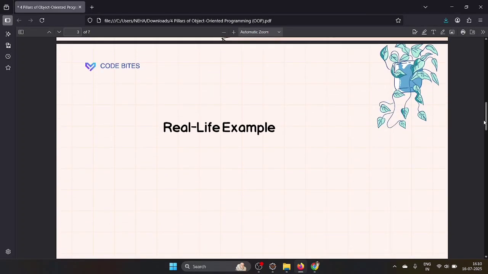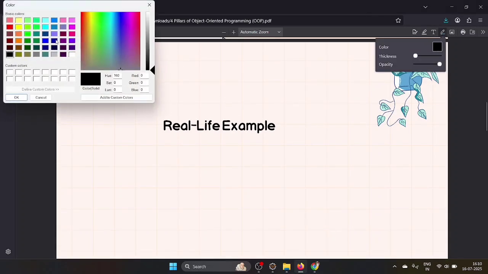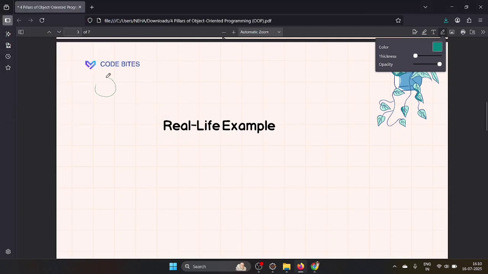And let's take a real world example. Okay, I will take one color. Which one can we take? Okay, I will take this one. Let's take, this is your grandparent.